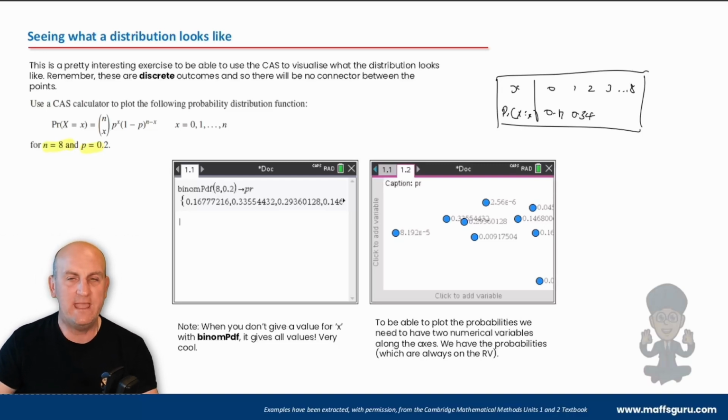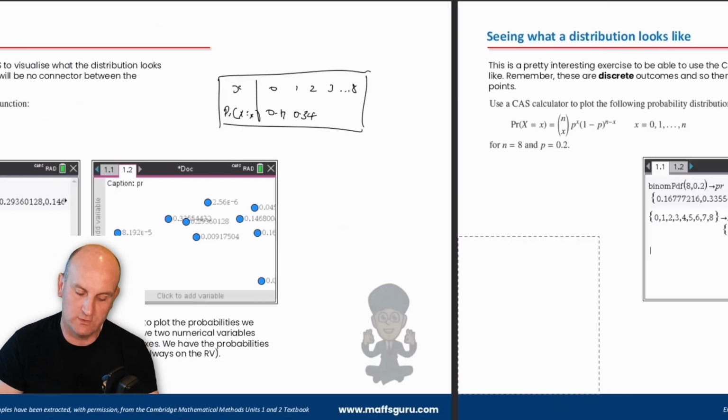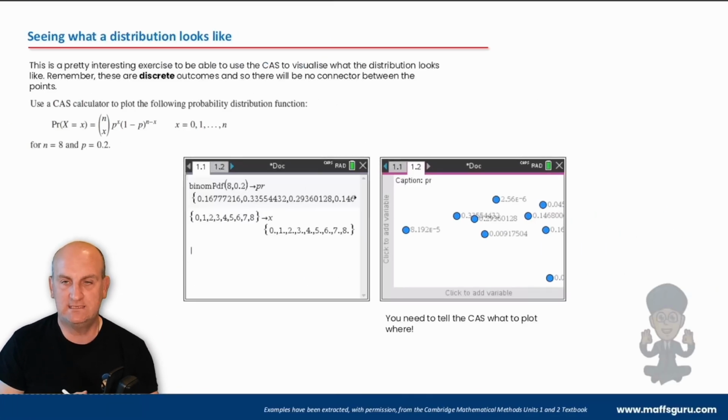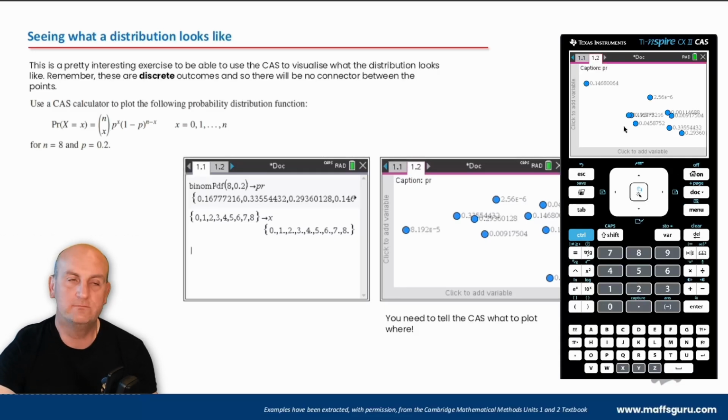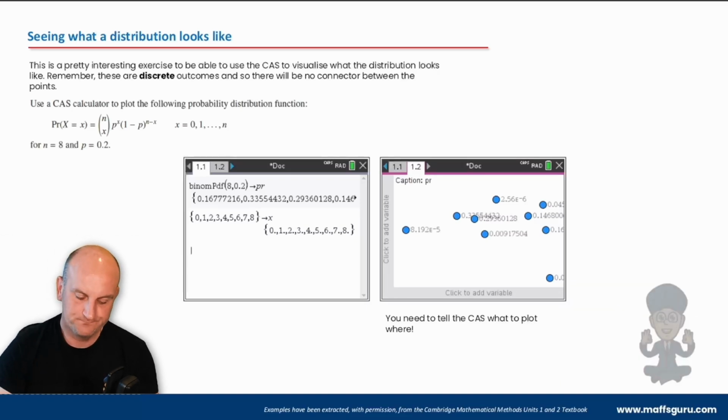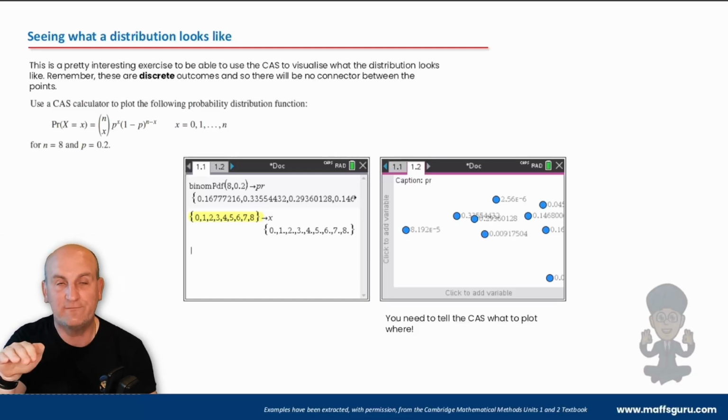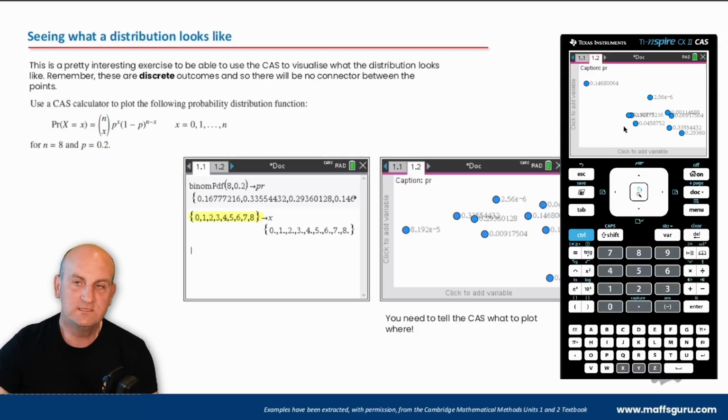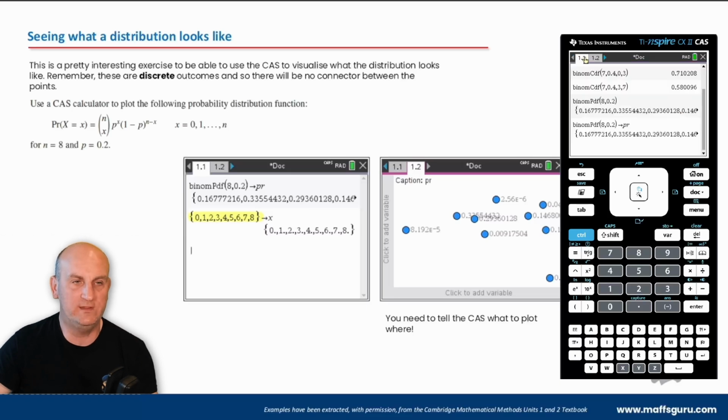But how am I actually going to plot each of those probabilities? You've got to have two things to plot it against. Well, as it turns out, we can use our calculator. I didn't have my calculator on. There you go. What we can now do is store the numbers 0 to 8 in my calculator, because we need to have those values along the bottom. So if I bring my calculator back up, so this time you can see it,